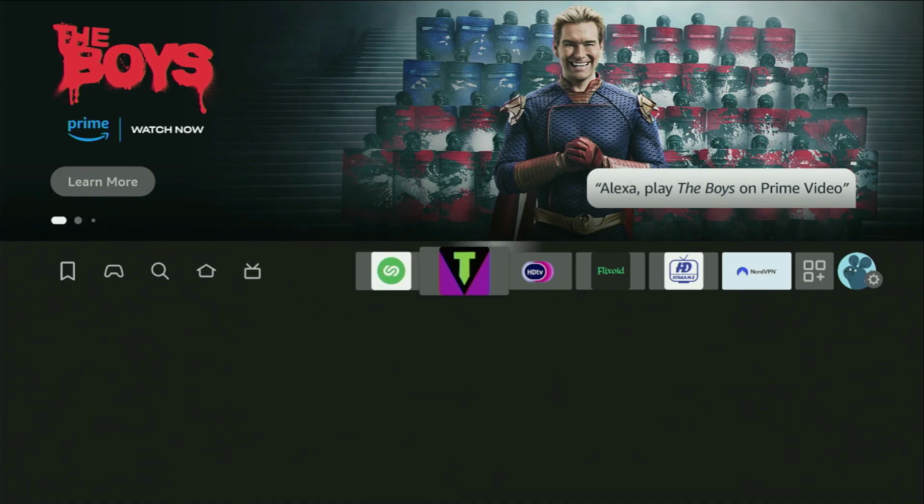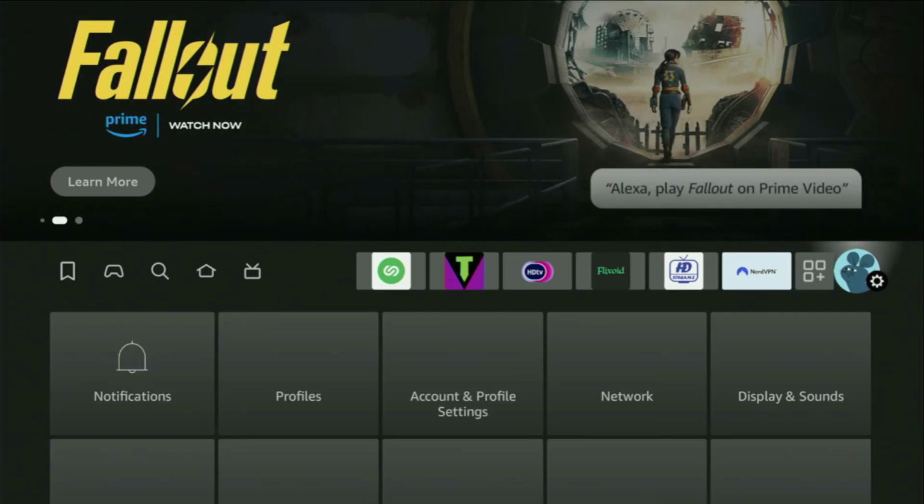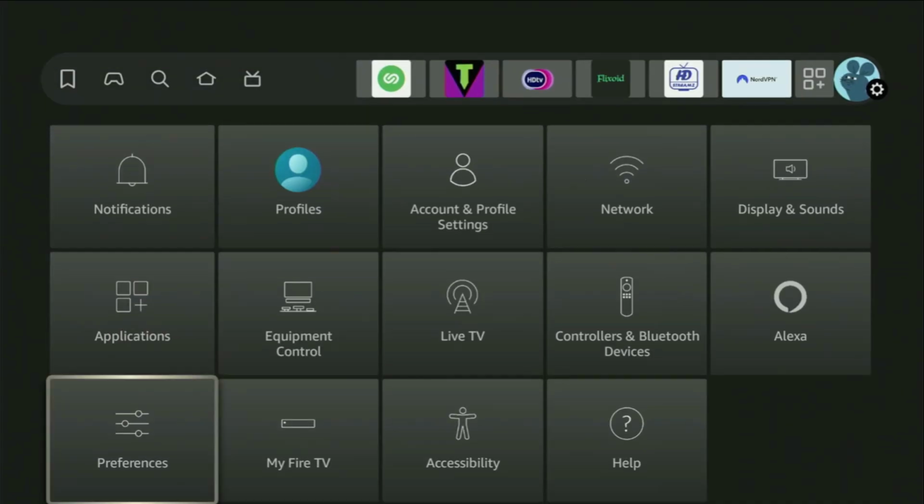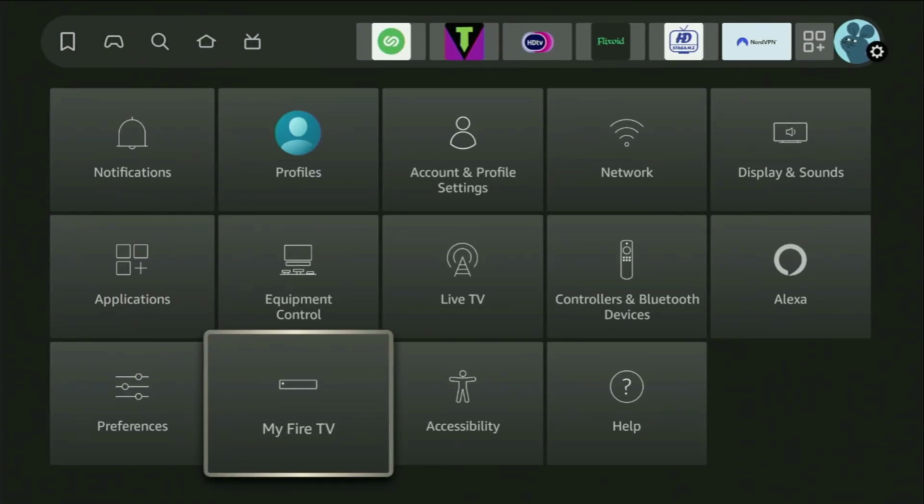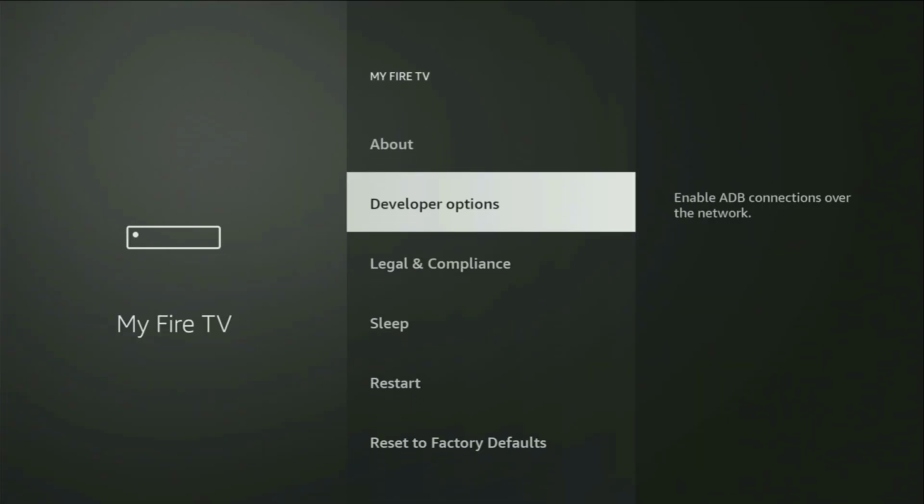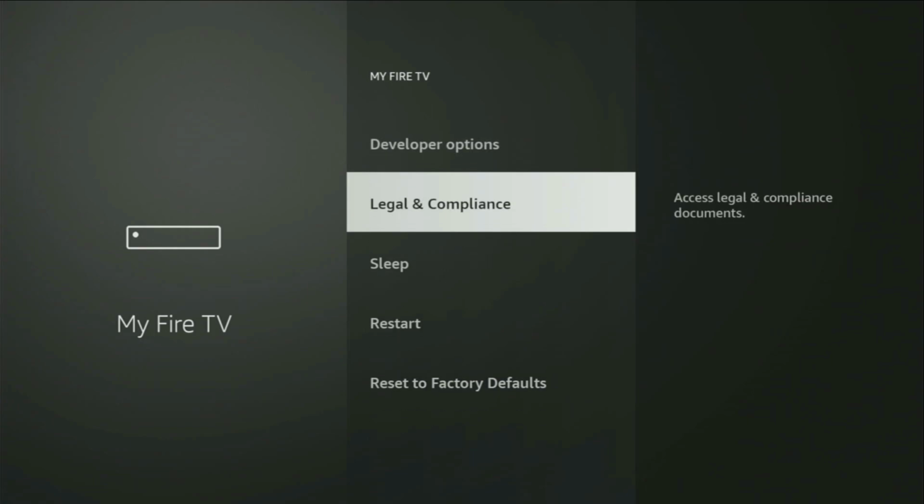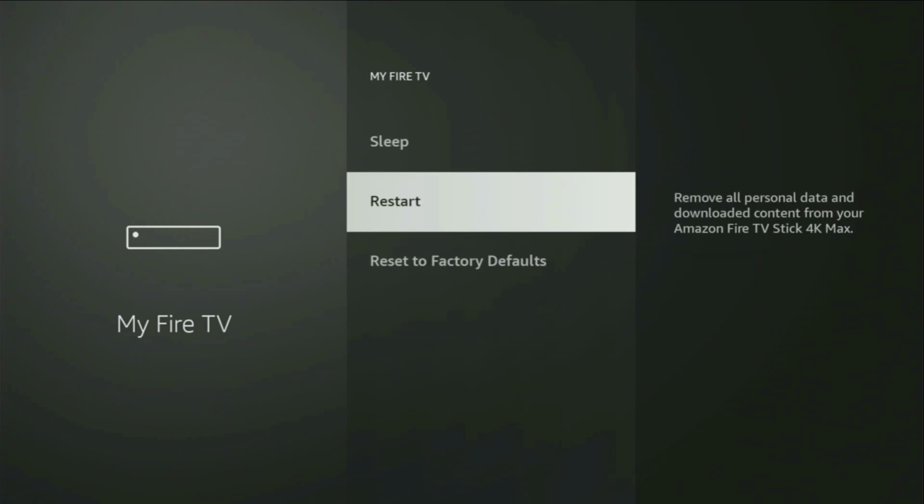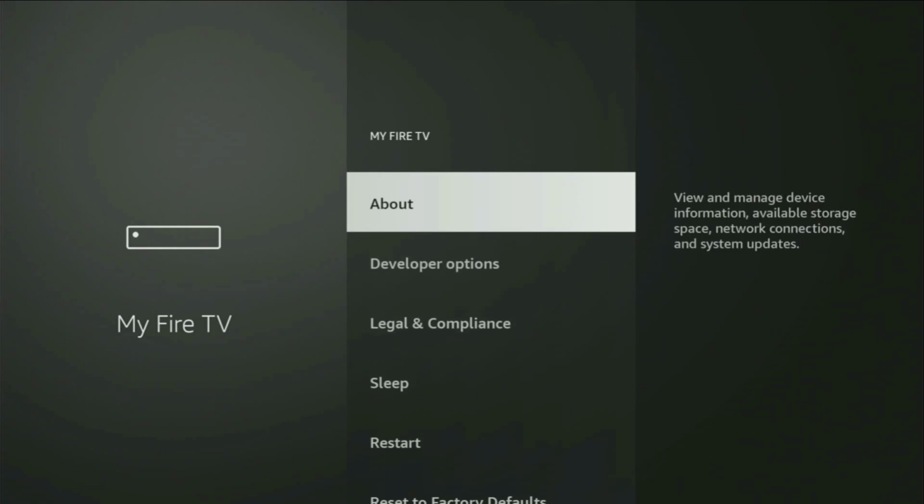So to start Downloader, we need to go to Settings. So we click on that button with a gear icon, then scroll down and go to My Fire TV. Let's open it. And from here, you'll have to turn on the developer options on your device. But on some Fire Sticks, and especially on the new Fire Stick devices, the developer options can be hidden by default. So if that's the case and you cannot find developer options anywhere, no need to worry, it's actually easy